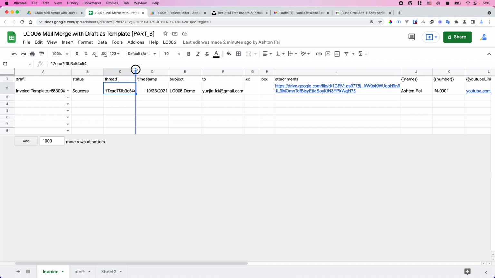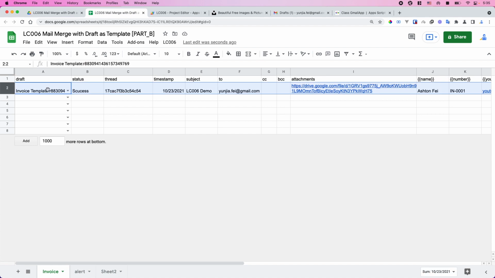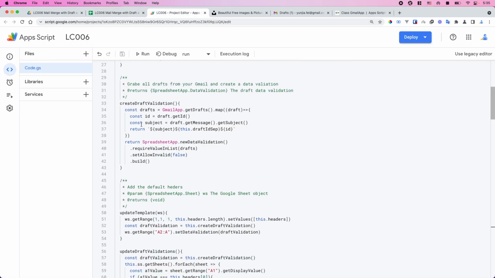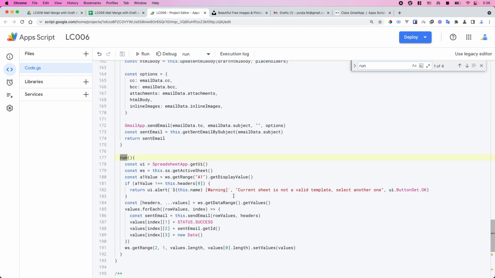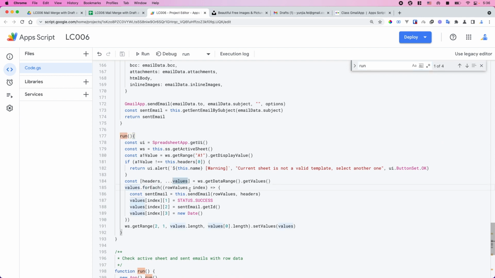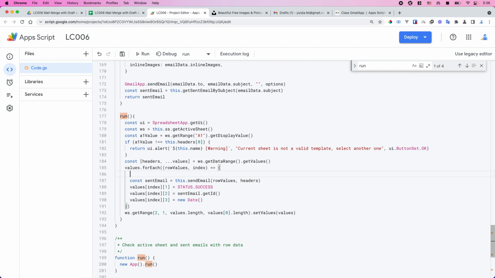Or we can use this thread ID to check. If we already have a thread ID here, that means we already sent an email for this row, okay? So we don't need to send it again. So we can add an if check in the code. If we go back to our function, let's try to find, I think it's called the run function here. In this loop, we basically loop through row by row, but we never checked the row value, right? So we need to check if